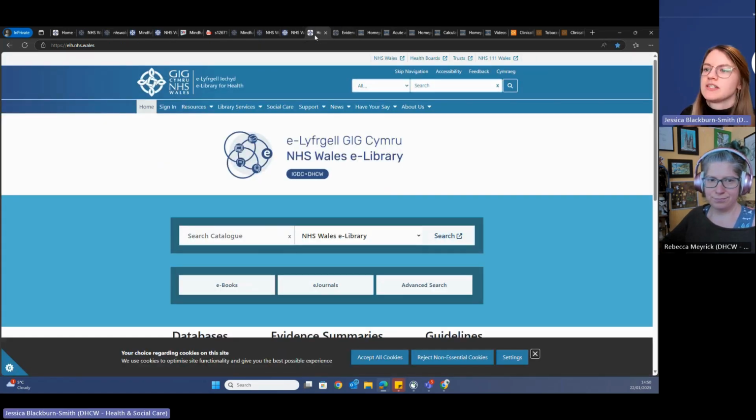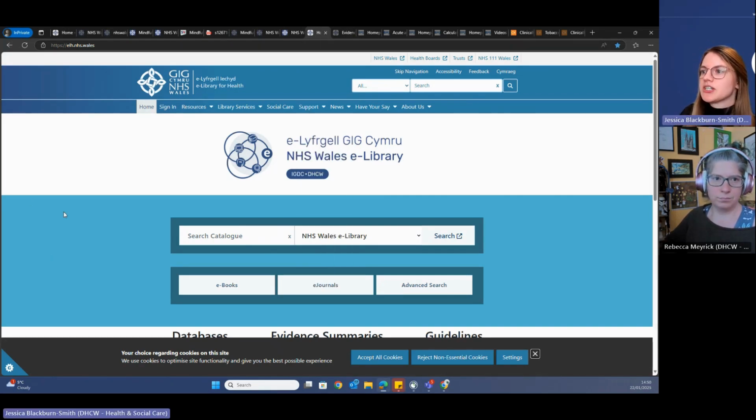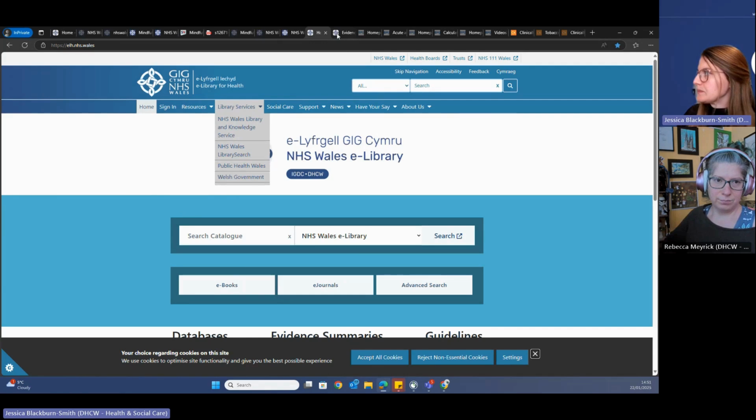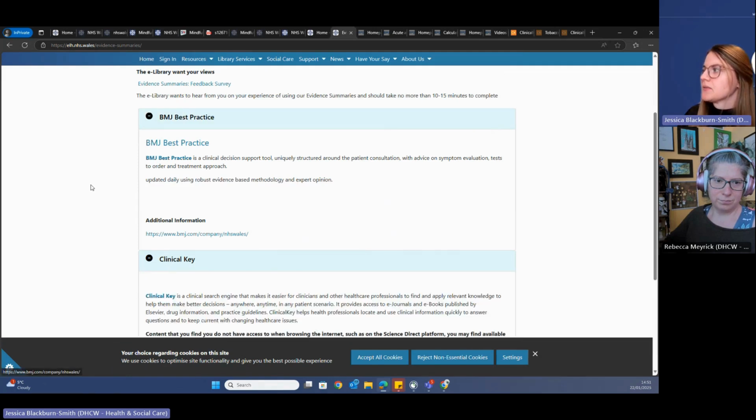So I'll just move this on then to let's head back to the e-library website to show you the evidence summaries that you have access to. So these two are BMJ Best Practice and Clinical Key, and you can reach them from library search if you'd like, but also you can get to them from the e-library website. So under resources and evidence summaries,